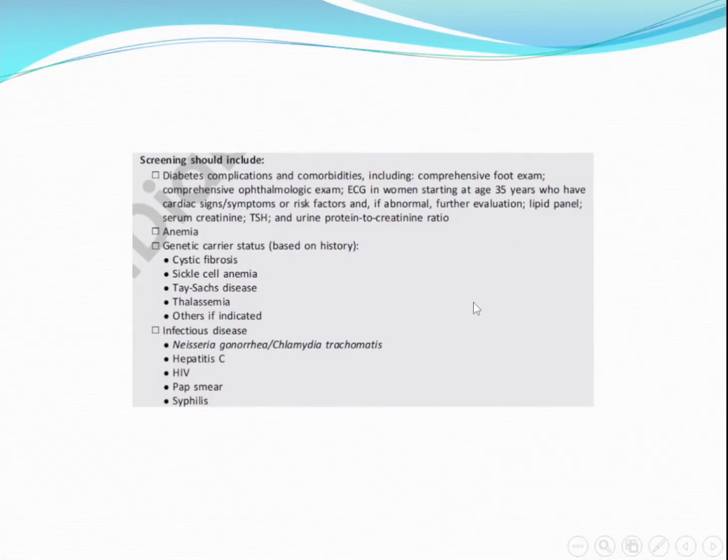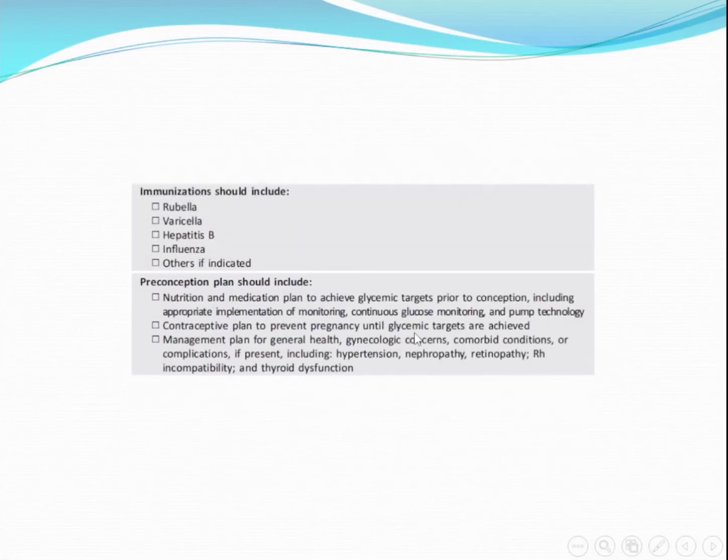Also lipid panels, serum creatinine, thyroid function tests, urine protein to creatinine ratio, and look for anemia, genetic carrier status based on history for diseases like cystic fibrosis, sickle cell anemia, thalassemia, and others if indicated, celiac disease, and also for infectious disease: Neisseria gonorrhea or chlamydia, hepatitis C, HIV, pap smear, and syphilis. Also, we'll go over immunization history and include, if needed, rubella, varicella, hepatitis B, influenza, and others